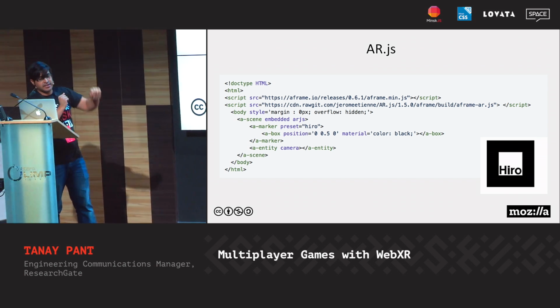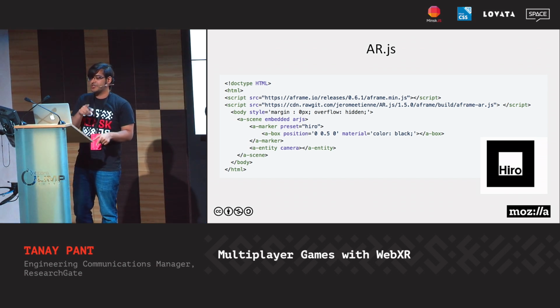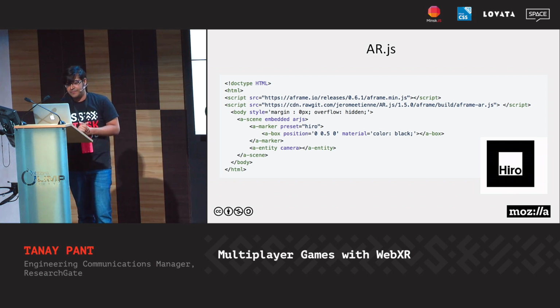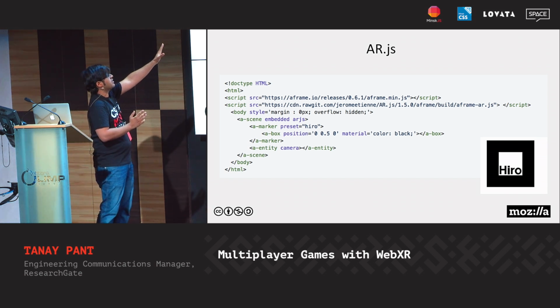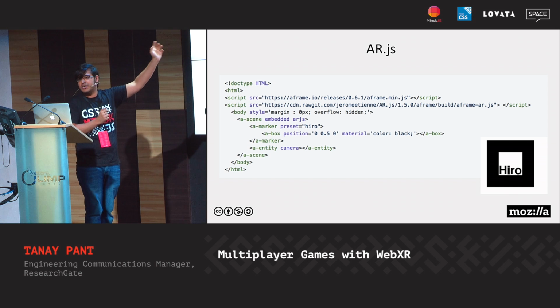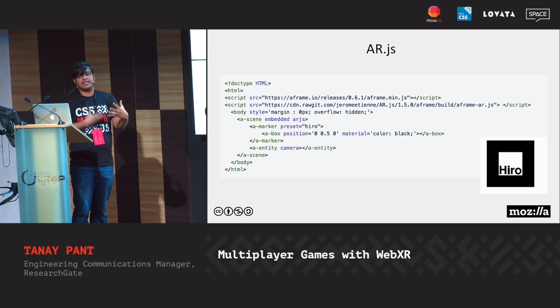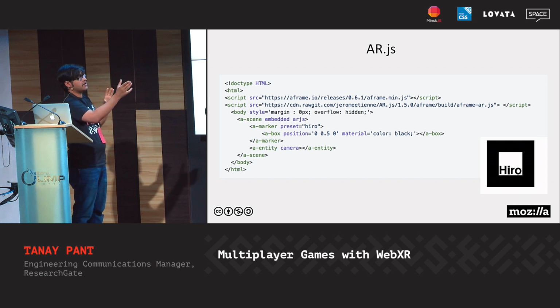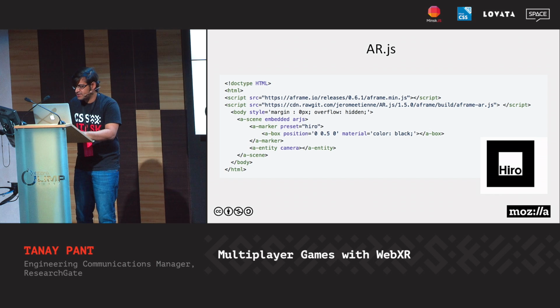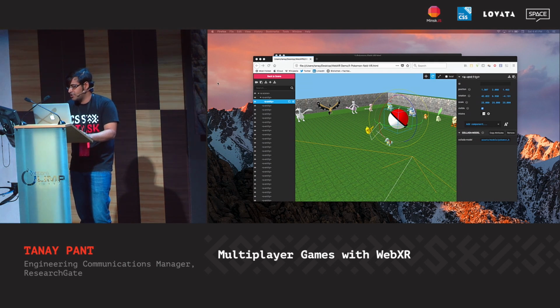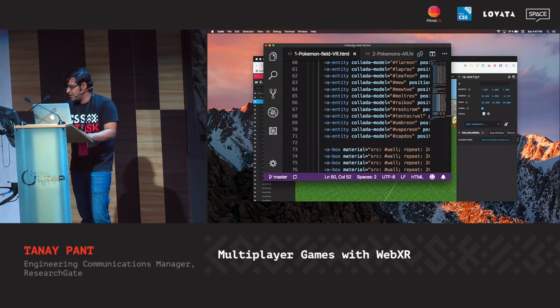We have included the A-frame library, and we have also now included the AR.js library. We then define what kind of marker we would be using. So here we have used the preset Hero, and we finally include the virtual content that we want to show when this marker is recognized. And here it's a box. So that looked quite appealing to me, and I wanted to try and see how it works out.